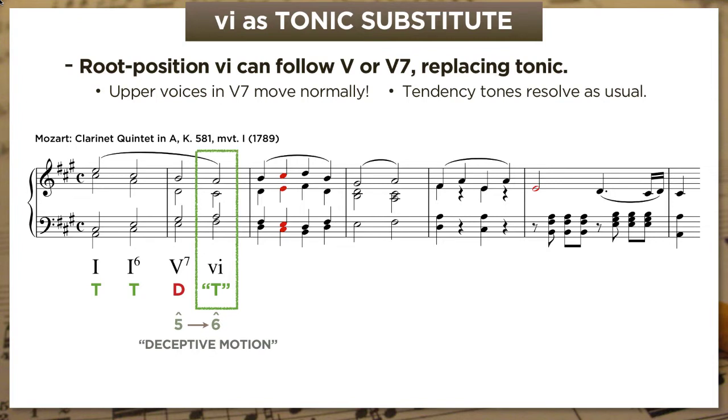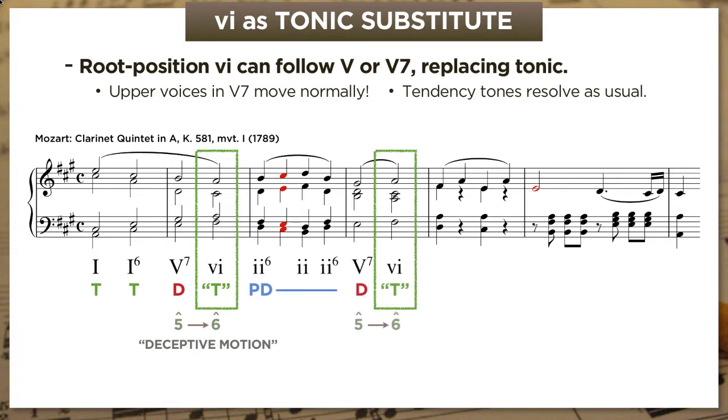Now, what's neat here is that Mozart does exactly the same thing 2 bars later. Bar 3 is all predominant with a few passing tones, and then 5/7 goes to 6 a second time, once again denying tonic closure and the stability that would bring. As for the rest of the phrase, Mozart flirts with the tonic by leading 4 into 1/6, an instance of the subdominant function we learned about in the last video. And then there's a cadence formula that finally puts the root position tonic in place, giving us stability at last. So when we listen, notice how long he makes us wait for that root position tonic.